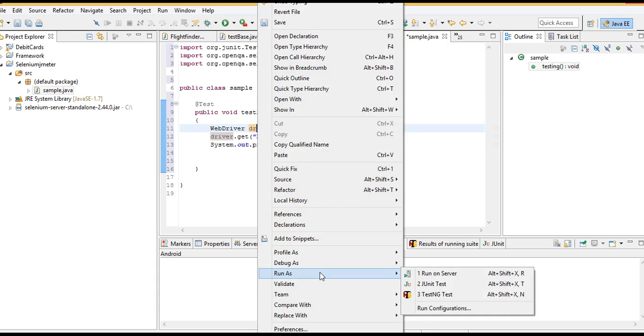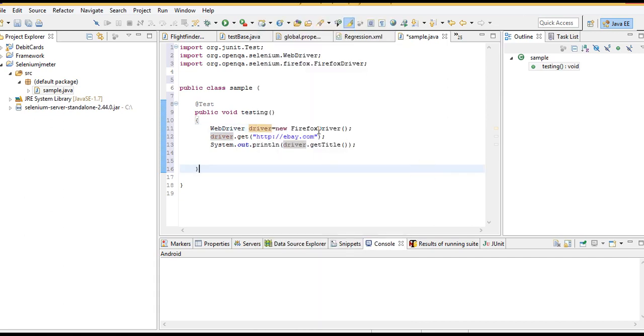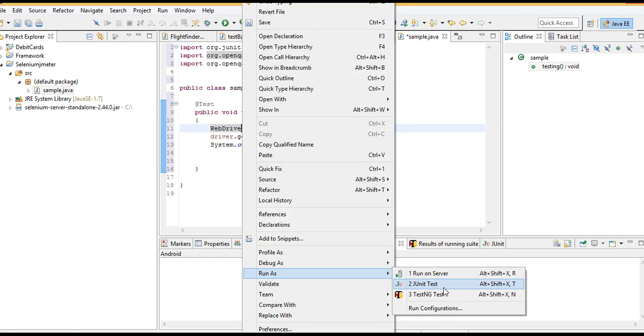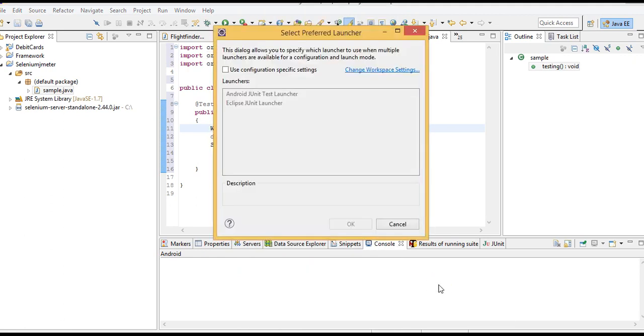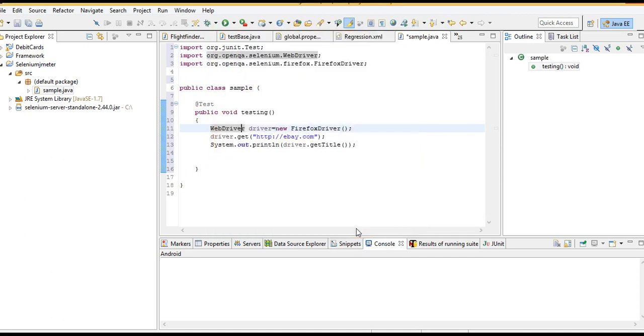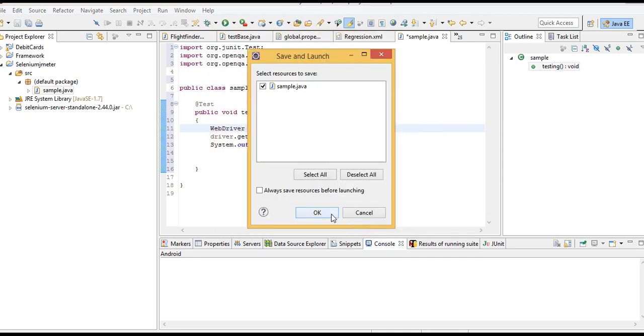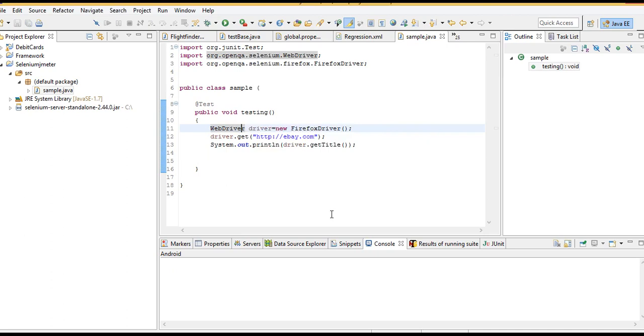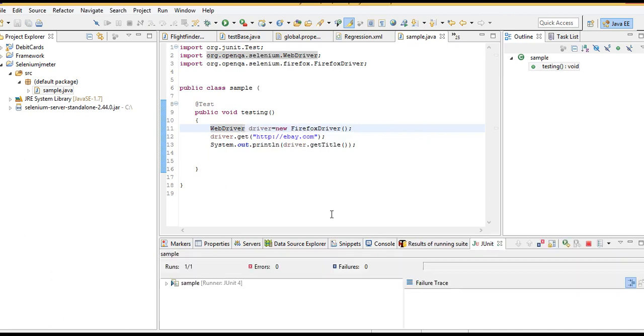So I have just written a basic Selenium script. I am opening the Firefox browser, hitting this URL, and just grabbing the title. Let's run this basic script from Eclipse and make sure it is working as expected. Then we will import this into JMeter and start putting load on it.